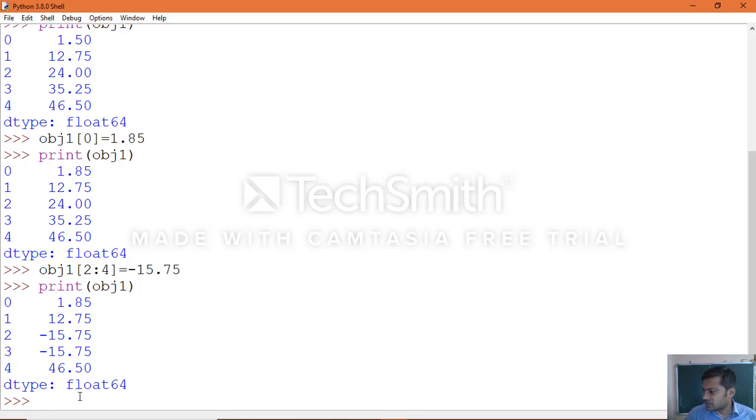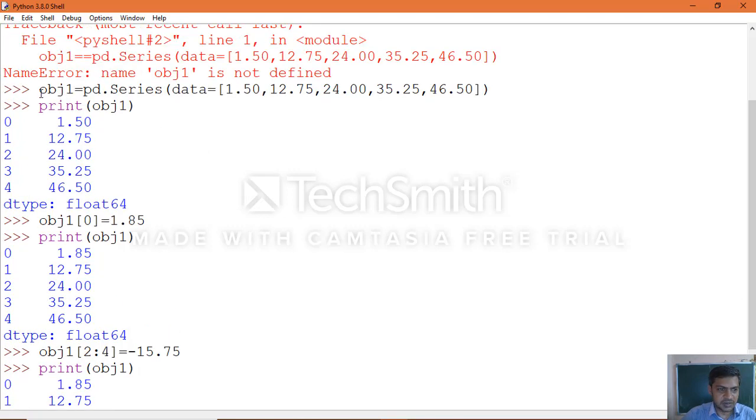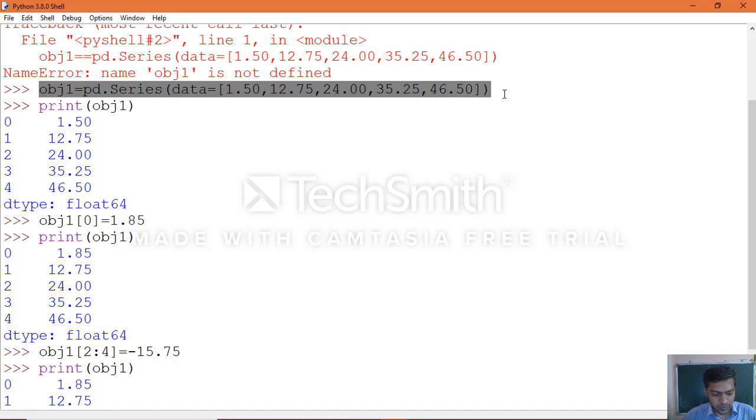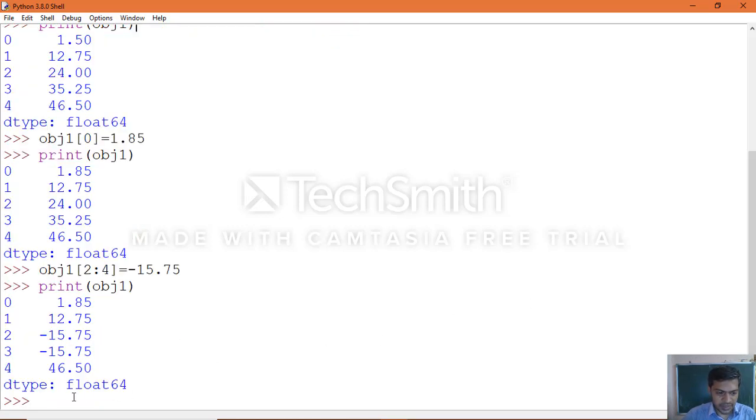In the same manner you can take another object with the same existing data. We'll create another object with the same data.